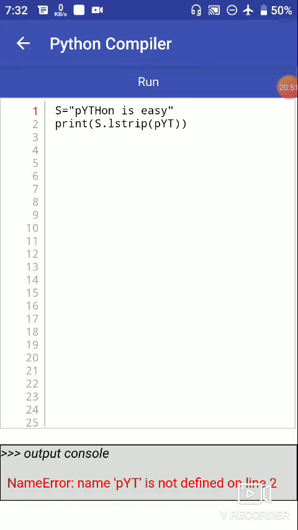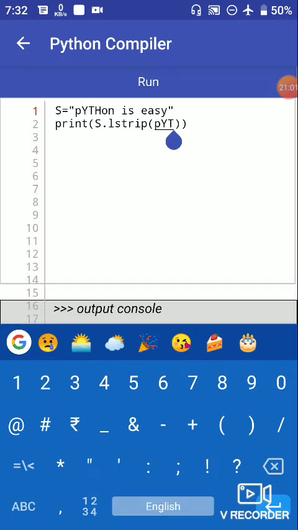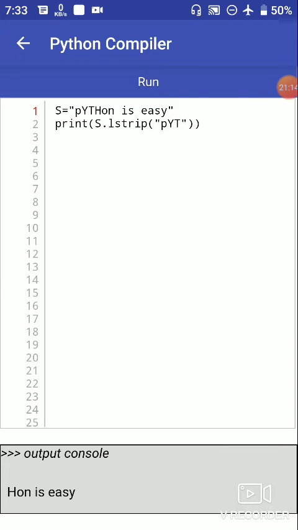It says the lstrip function will not give us any result because TYP is not defined in single or double quotes, so it can't understand what it is. Let's use double quotes for PYT and run this program. So HON is easy, so PYT was removed from the left side, and then it prints the remaining string.